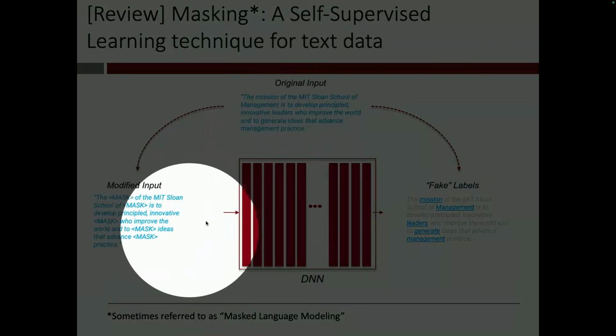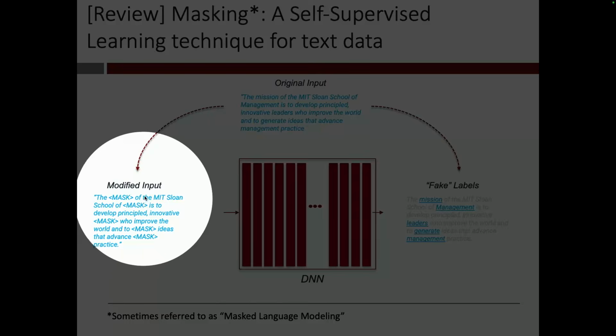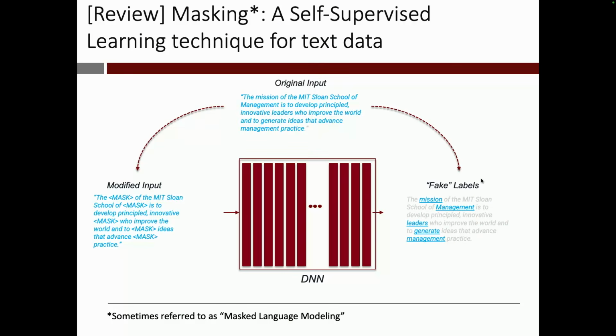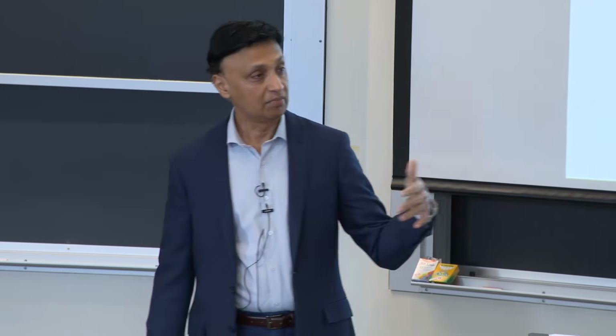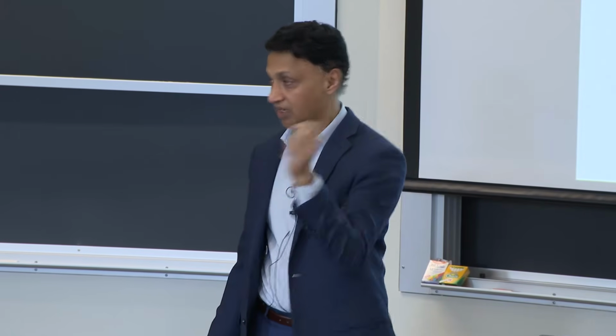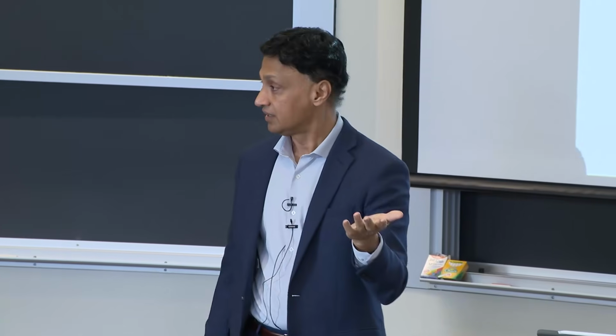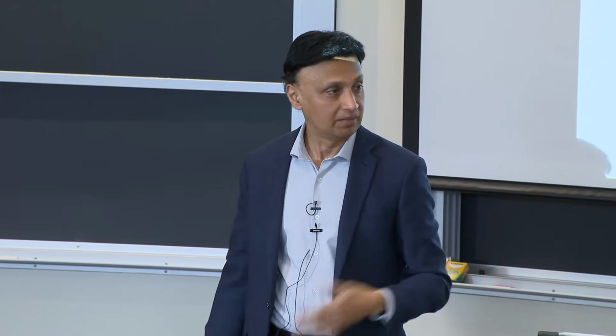And then we said, oh, well, what we can do is we can actually replace some of the words in every sentence with what we call a mask token, and then we just train the network to recover the blanks, to fill in the blanks, right? And this technique, which is one of many ways of doing what's called self-supervised learning, is called masking. And we described how if you essentially take all of Wikipedia, and for every sentence you mask it like this, and then train a network to fill in the blanks, the resulting network becomes really good at doing all kinds of interesting things. And in fact, the first such network, or one of the first such networks, was called BERT. And in your homework, you've been looking at BERT and so on and so forth, right?